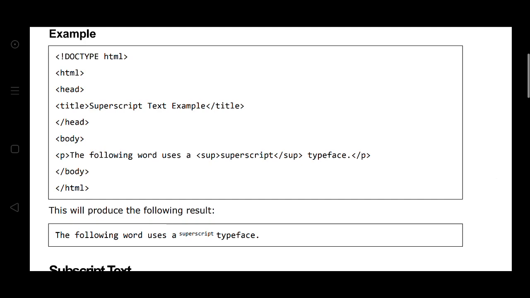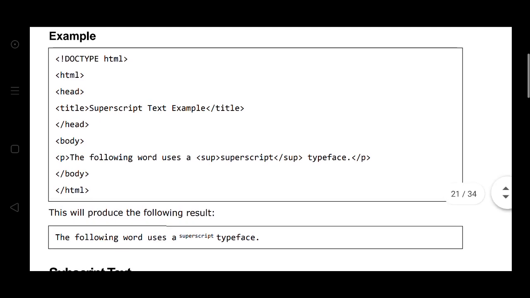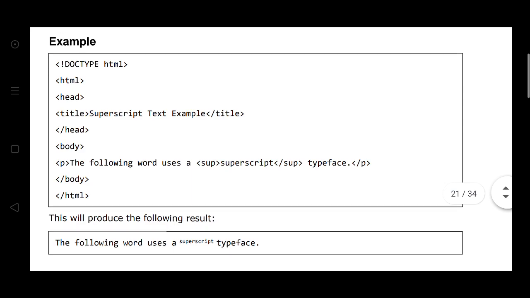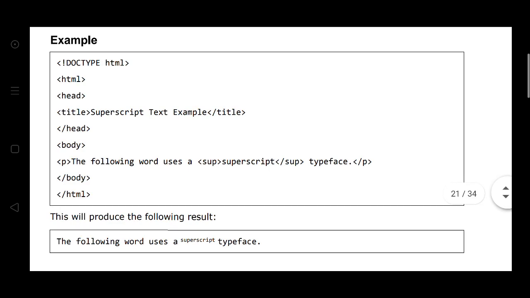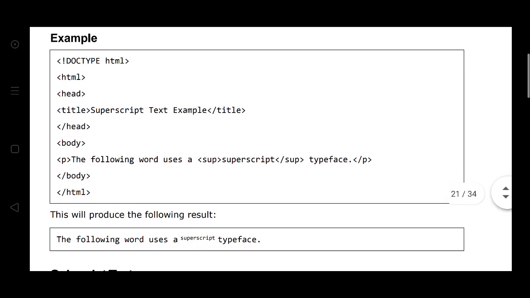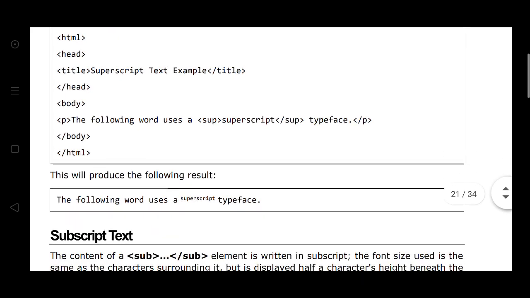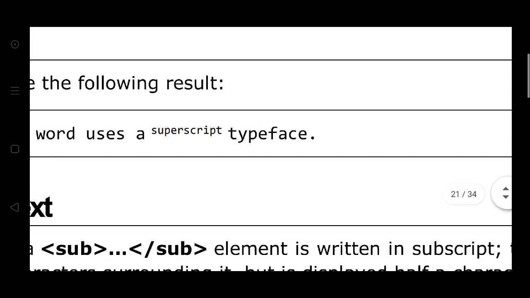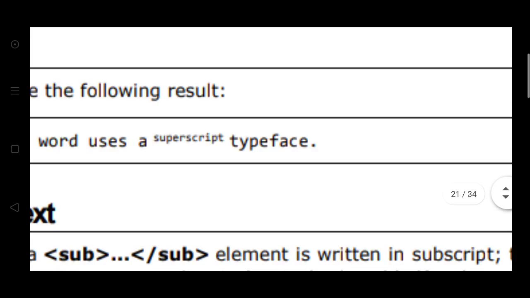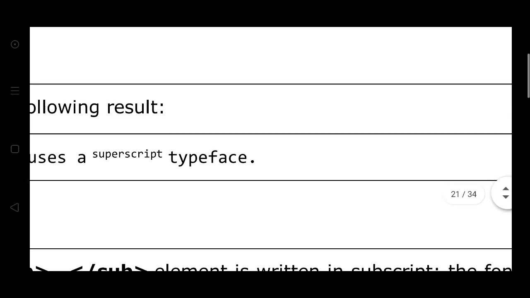Then the next one is the P paragraph. The following word uses SUP superscript typeface, body. Here SUP is the superscript, and in this result you see the superscript at the top of the word.